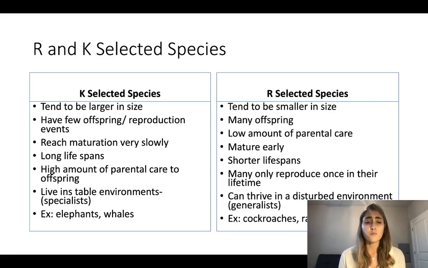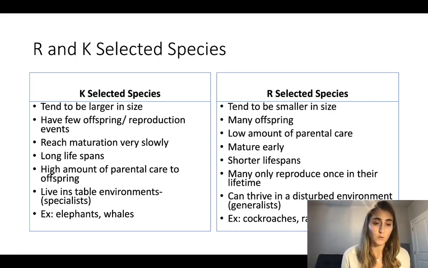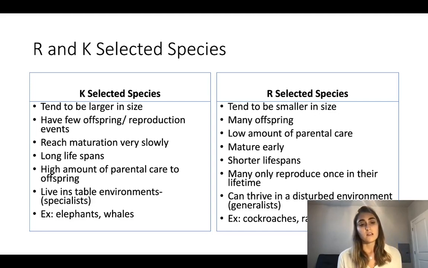We have a high amount of parental care to our offspring. We take care of our offspring for quite literally decades almost. So we spend a lot of time preparing our offspring to go out into the world. And we prefer a more stable environment. We have a range of tolerance where we're very specific with our temperature, we're very specific with the amount of water we have, etc. Other examples in nature, elephants, whales, both of these species are larger mammals that reach maturation